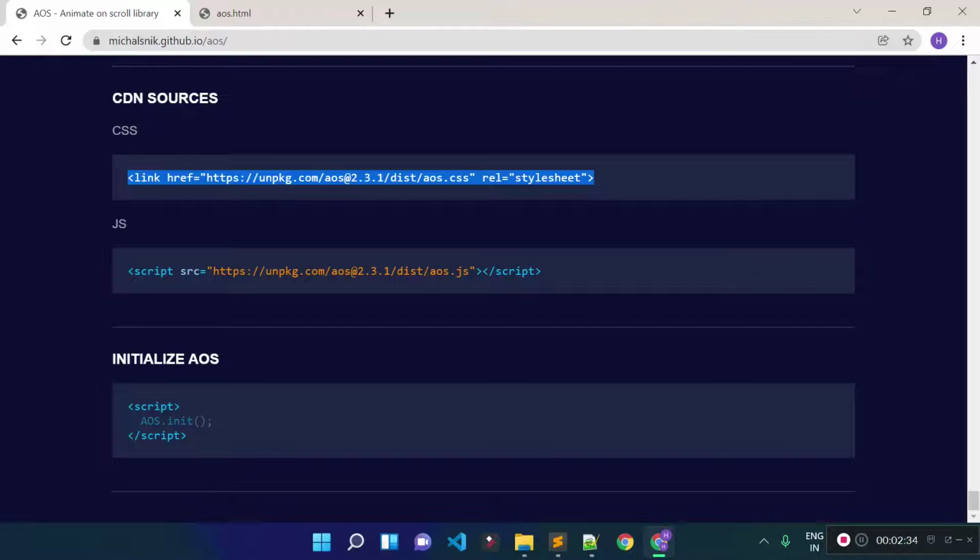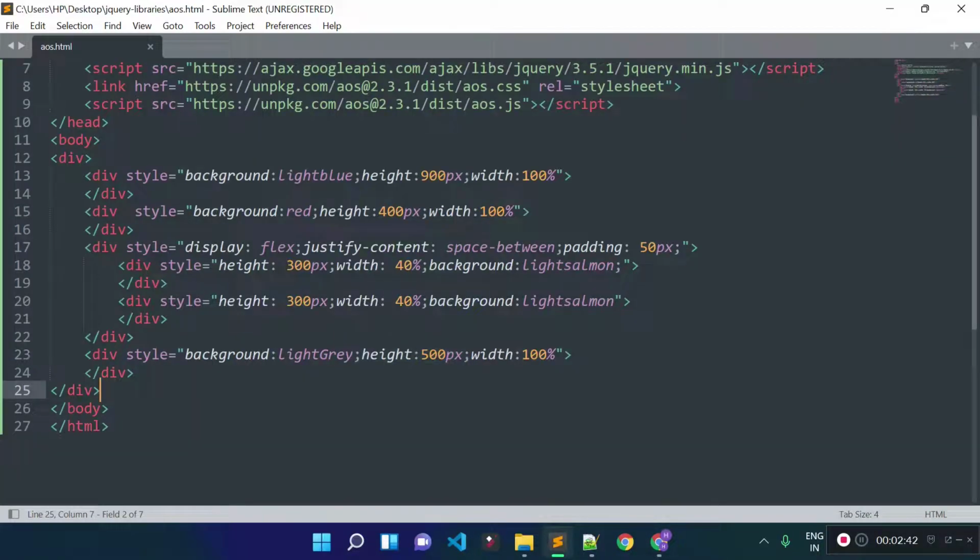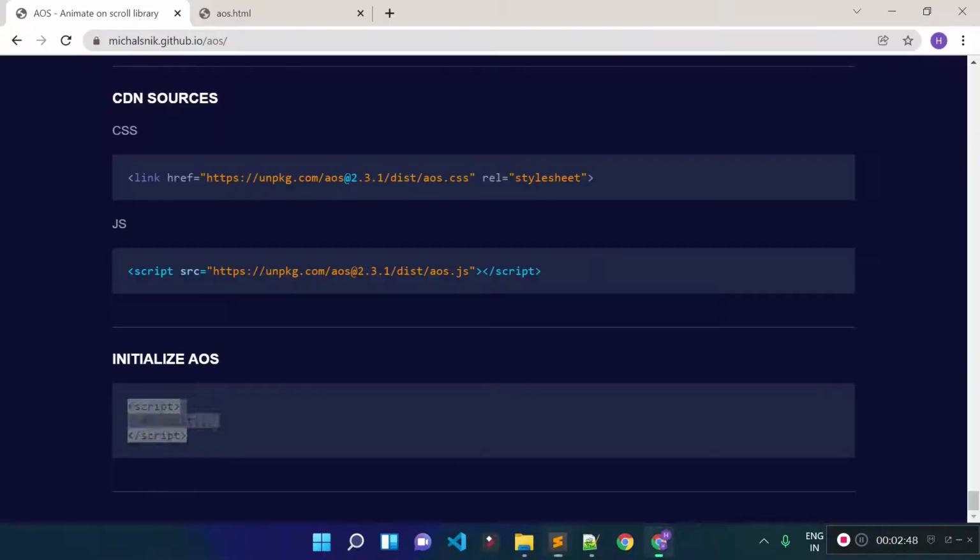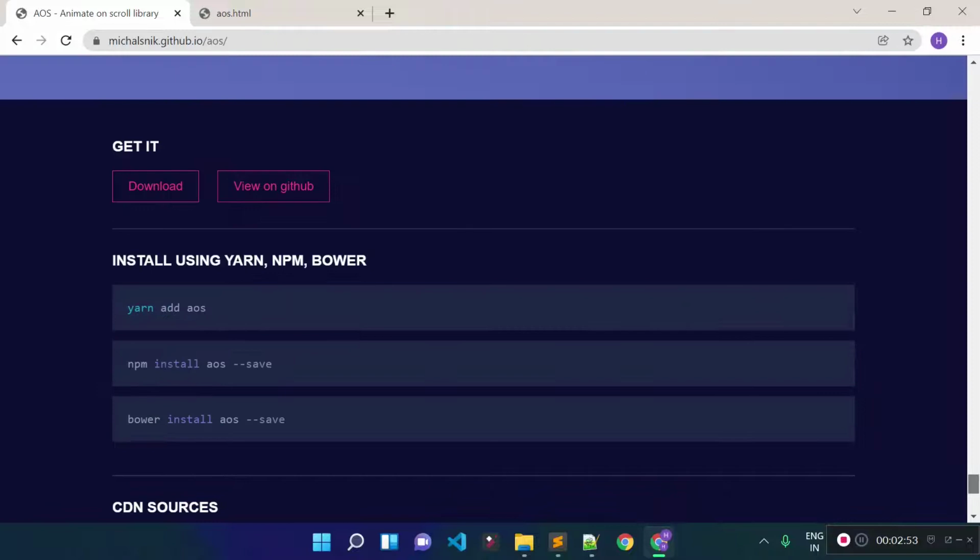Now let's see the documentation how we can implement AOS library. So first of all we need to initialize AOS. So let's copy this code and paste it inside our HTML. So we already initialized AOS here. Now let's see how we can add animation to the elements. So let's go to the top